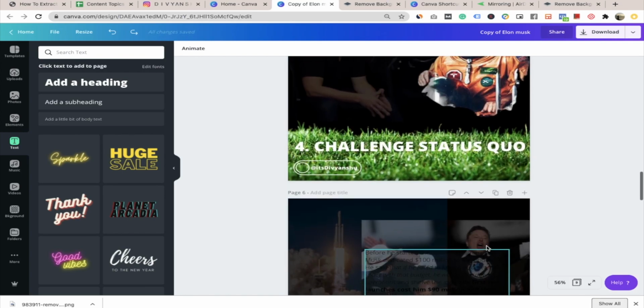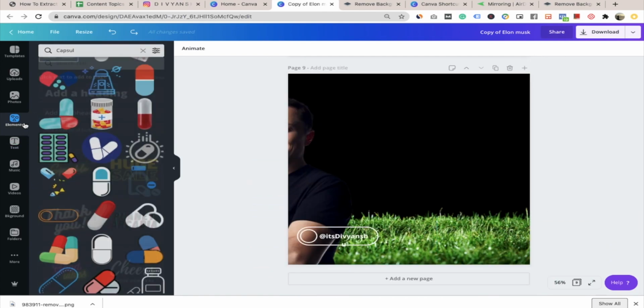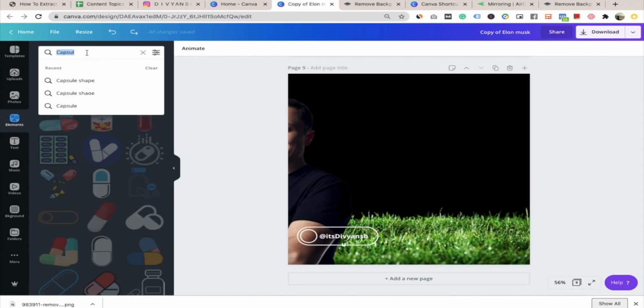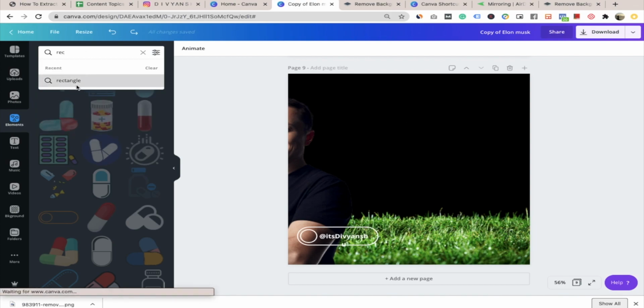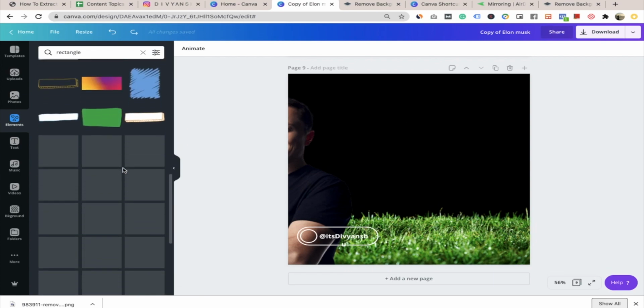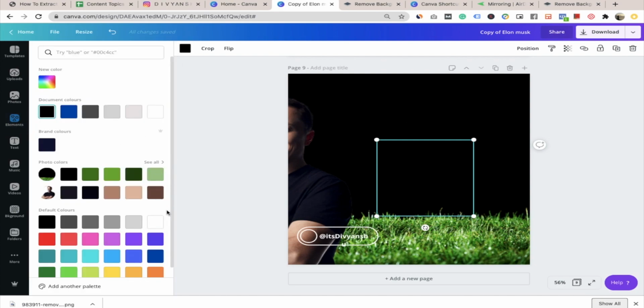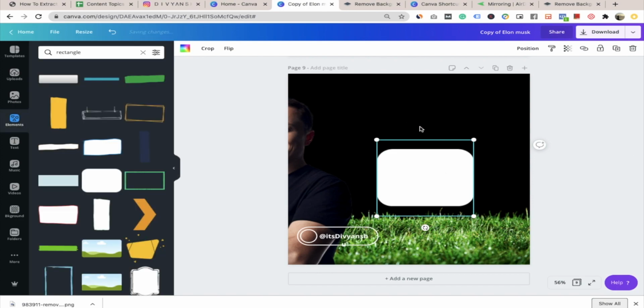Then here you can see I did put this box frequently. You can do that as well. So just go to elements, and you can search for rectangle or something, box or something, whatever the shape you are looking for. There are a lot of shapes that you will find out that are available over here. I perhaps chose this one or something similar to this one, so I'm going to pick this one over here. Okay, it is available over here. Let me change its color. I'm going to change its color to white this time. Okay, I want to make it bigger now.